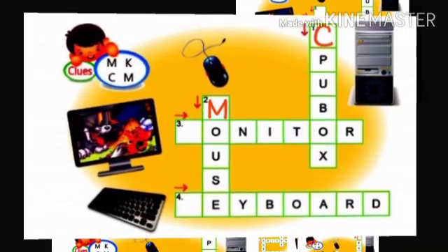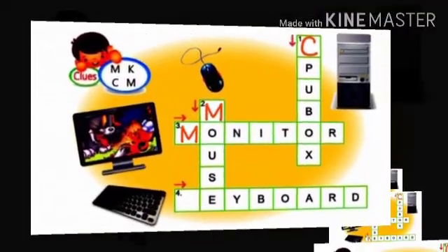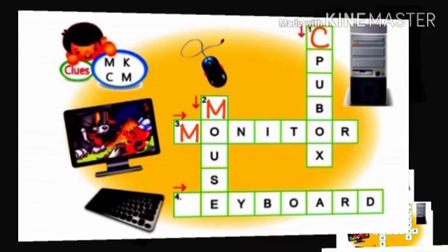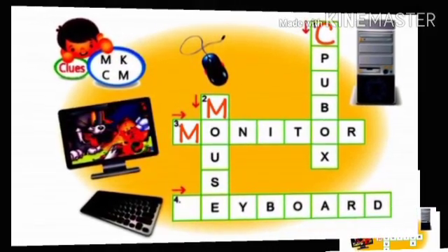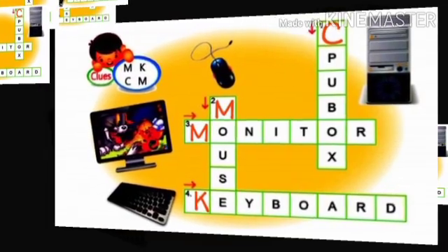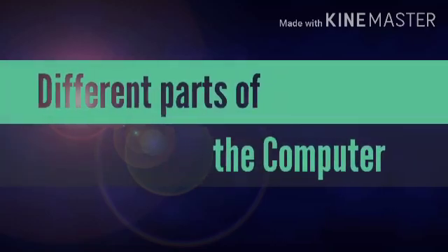Write the letter M. And the spelling will be MOUSE, mouse. The third picture is of monitor. Write the letter M. The spelling is MONITOR, monitor. And our fourth picture is of keyboard. Write down the letter K. And the spelling will be KEYBOARD, keyboard. Children, you have just completed the names of four main parts of computer: CPU box, monitor, mouse and keyboard. You all have to learn all the spellings of the computer parts. Now let's learn about them.